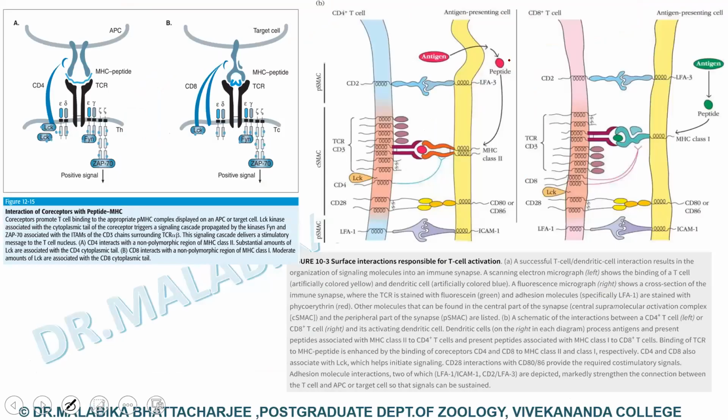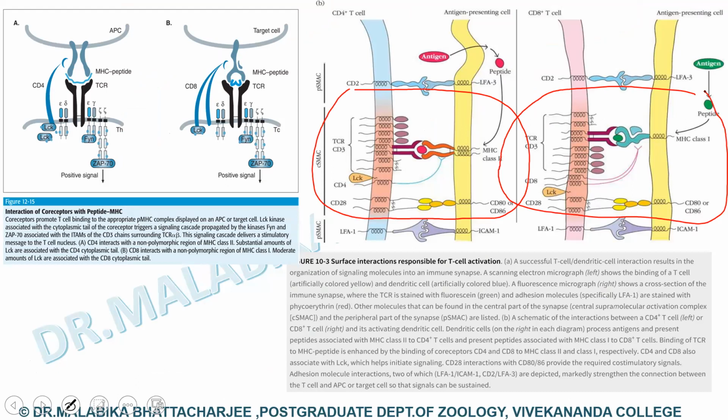For the complete activation of T lymphocytes, if you look into this particular complete structure, I'm drawing this one. So there is this TCR CD3 combining with MHC class 2. And there is this TCR CD3 combining with MHC class 1. Class 1 and class 2 molecules are recognized by CD8 and CD4 respectively. So that is the first signal for activation. But for complete activation, there is a second set of receptor pair that needs to react with its corresponding ligand so that the T lymphocytes are completely activated.